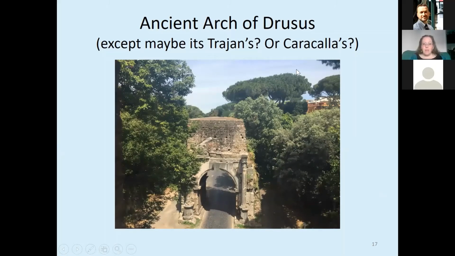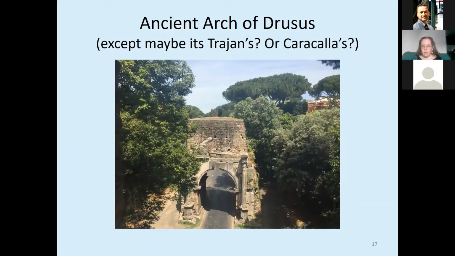It is the Arch of Drusus is what it is conventionally called, except maybe it's Trajan's or Caracalla's. It's the Arch of somebody. So there's this very impressive looking arch. It is just inside the Aurelian Walls, but was not incorporated into them, which is interesting, because when the Aurelian Walls were